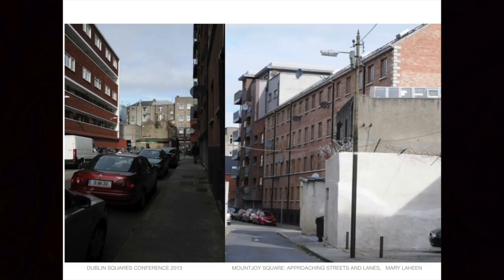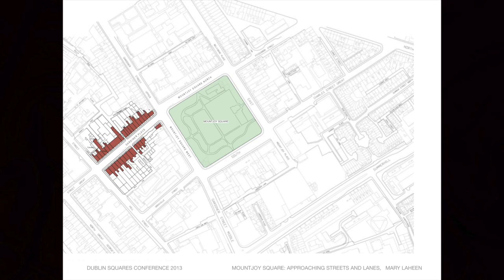Part of the reason why I think high-rise was allowed was because of the social housing on this side of the street. This is a much earlier development, but as you can see, it's about 5 stories high. So let's look then at Gardner Place. Gardner Place is also an authentic